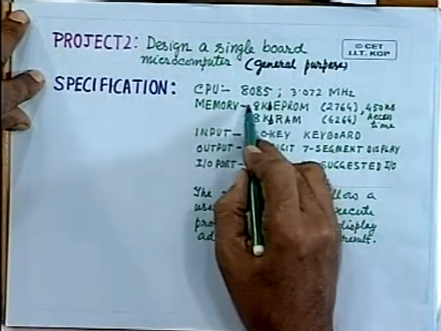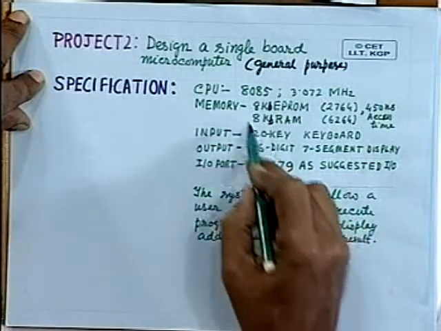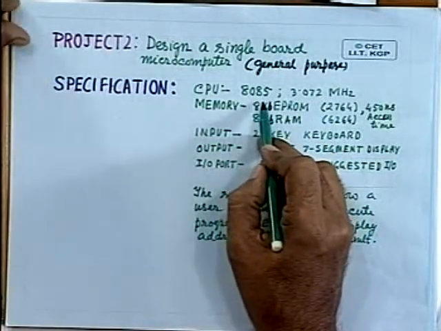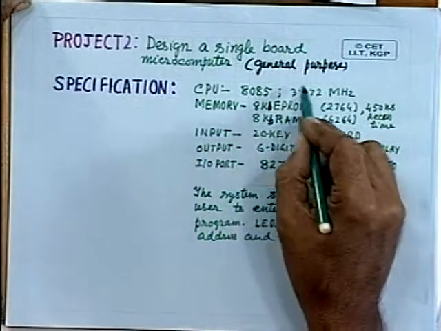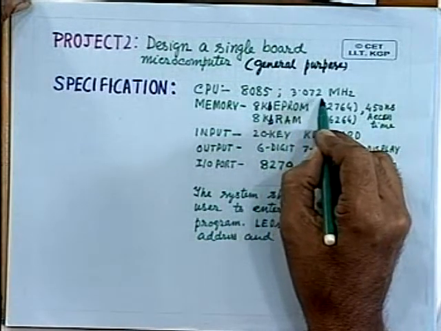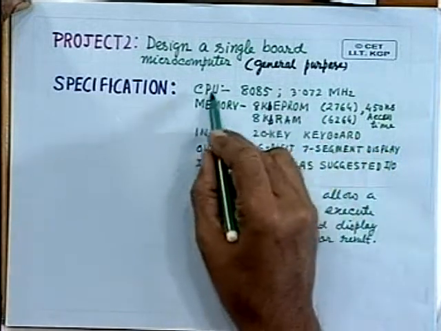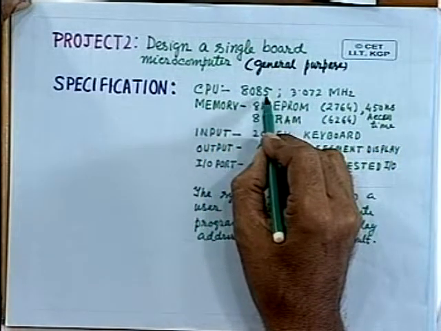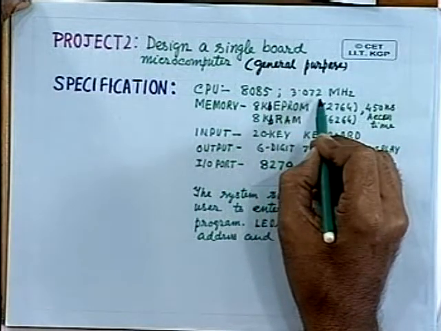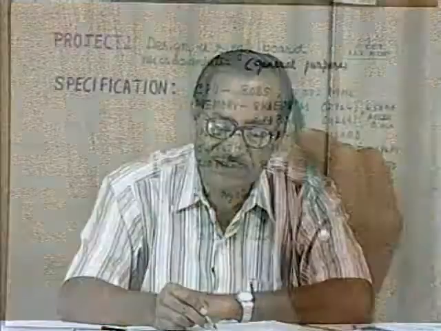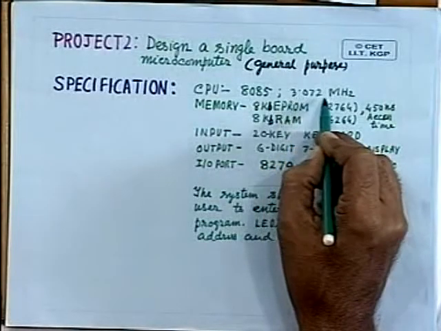You will require a CPU which is implemented by using 8085 microprocessor operating at clock frequency 3.072. Nowadays whenever you state the microprocessor, you should always state the clock frequency. You will see even when you buy a PC, the processor is stated along with the clock frequency, because the clock frequency is gradually increasing. And in this particular case we have suggested 3.072.